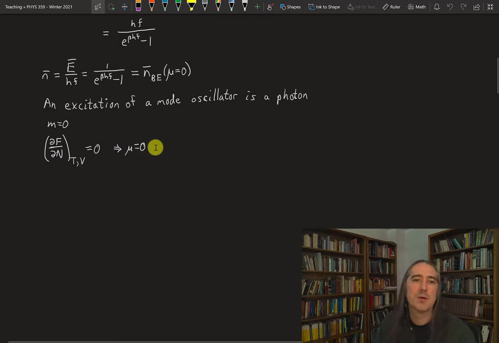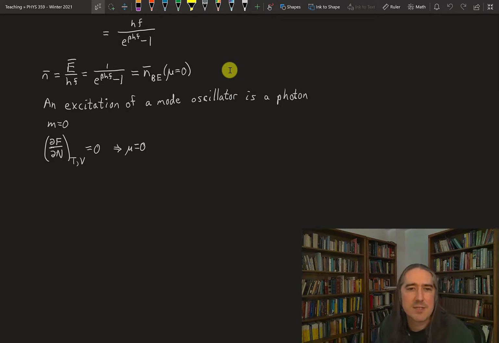Okay. So again, this idea that the chemical potential for light is 0 is coming from the fact that there's no minimum cost to make a photon, right? You can just make the frequency lower and lower until you get to the ground state of the cavity, but generically, when we're looking at cavities, the ground state is so low in energy compared to kT that that's sort of not a concern. So massless particles lead you to 0 chemical potential, and that's exactly what we found from the opposite direction.